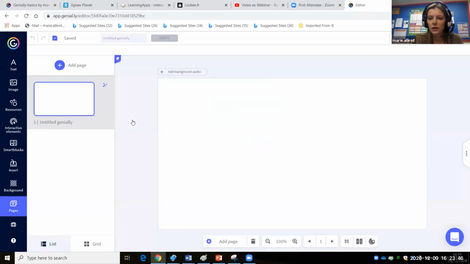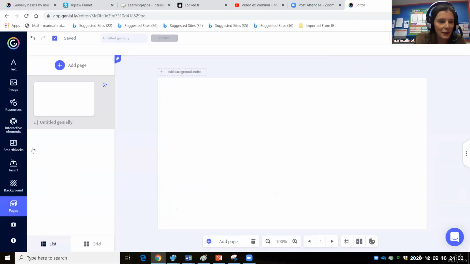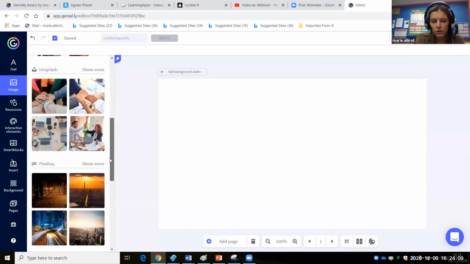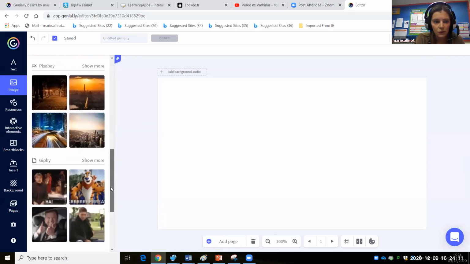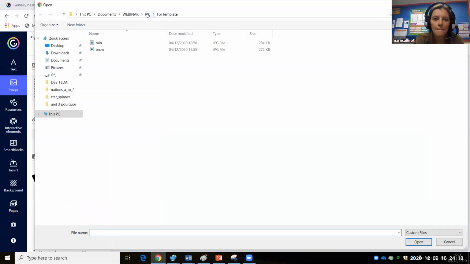So I'm going to do everything on this page, but I'm going to add quite a lot of things on there. Okay, so first, I'm sorry, I'm struggling with the cameras, they're in my way. Okay, there we go. So to insert a picture, you go to image, and you can look for pictures on there. You've got Pixabay and you've got GIFs you can look for, but I've already saved my picture in my computer. So I'm going to go to my computer.